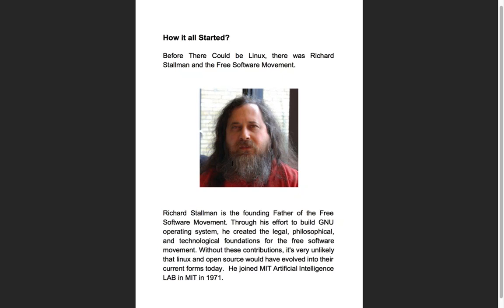There was an operating system called Unix. Now, this guy, Richard Stallman, while he was working in MIT's artificial intelligence lab, started to face problems with the Unix operating system. So Unix is one of the primitive operating systems available out there, not for public usage as such, but it was very popular in the olden days. This guy, being an employee in MIT's artificial intelligence lab, was working on some project, and they were actually using Unix. In fact, I must say they were designing artificial intelligence capabilities on top of Unix.